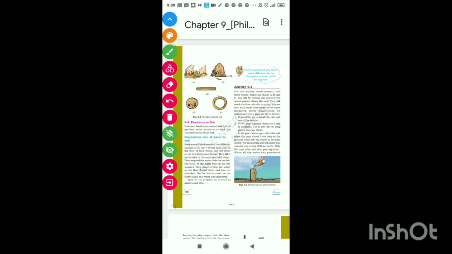Soil has several properties. So let's begin with the percolation rate of water in soil. First of all, what is percolation, or how does water percolate? Percolation is the movement of water through the soil itself. Finally, as the water percolates into the deep layer of the soil, it reaches groundwater, which is water below the